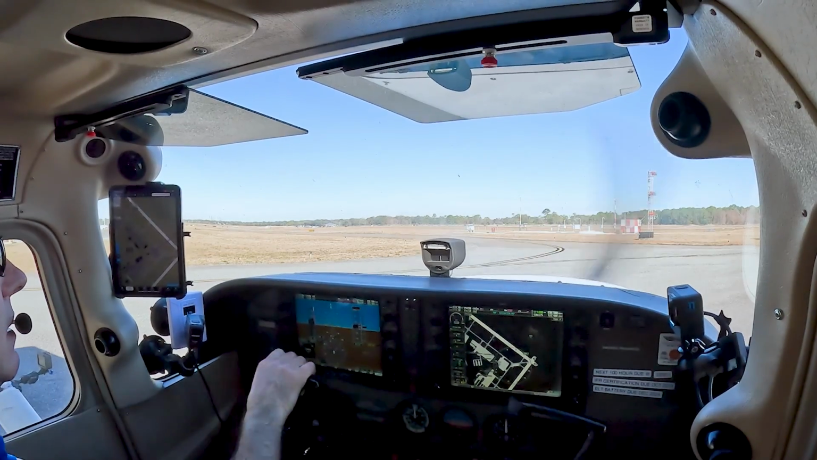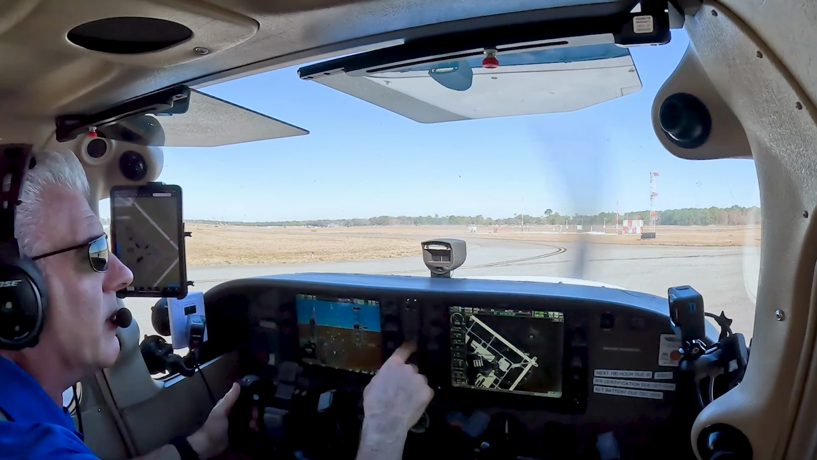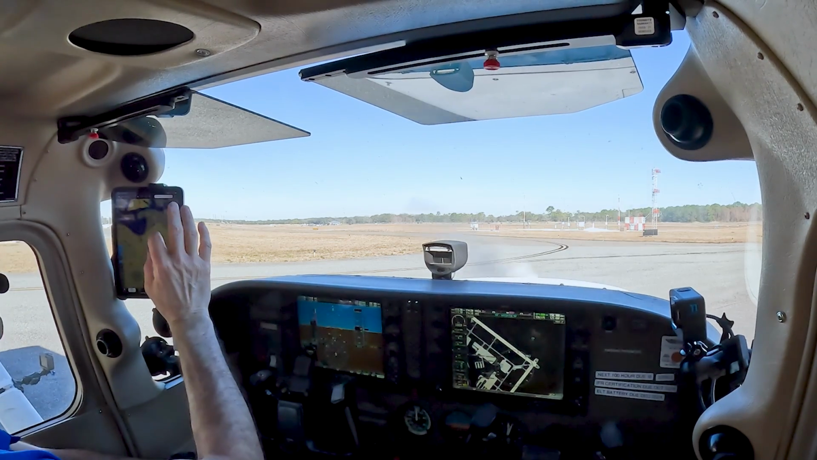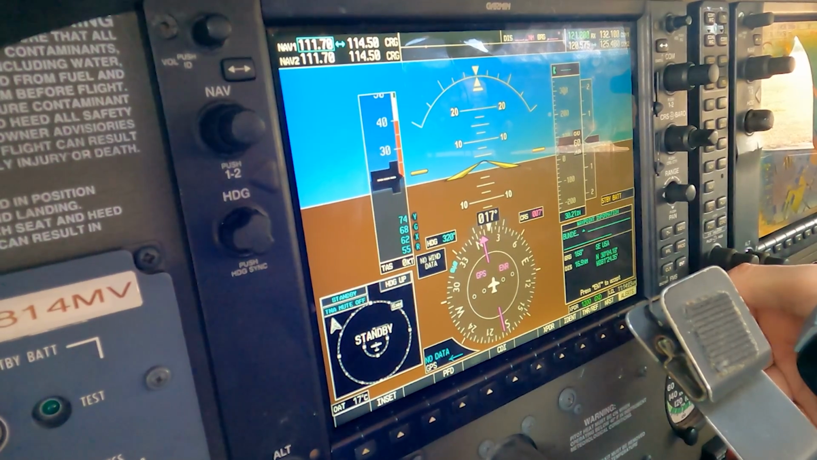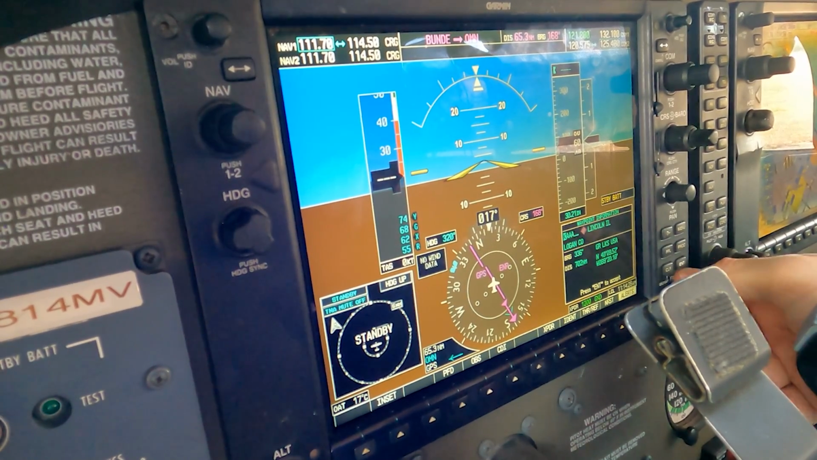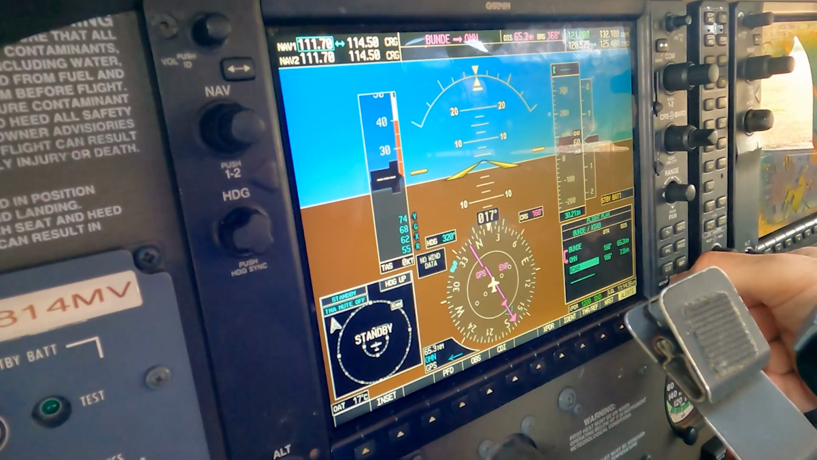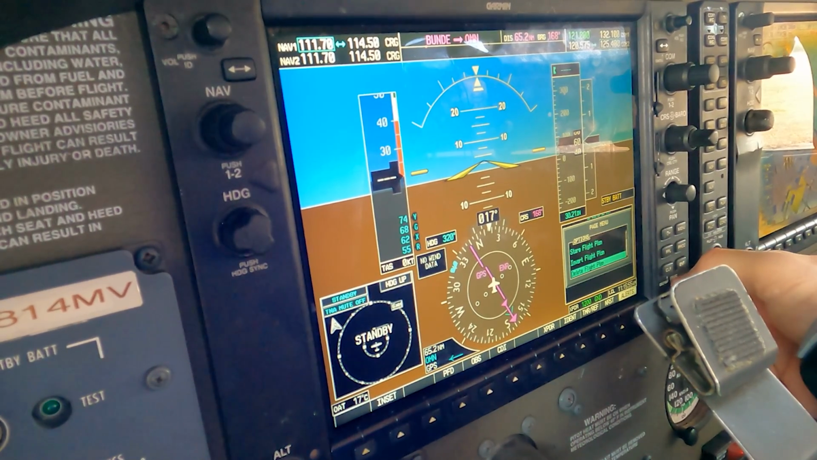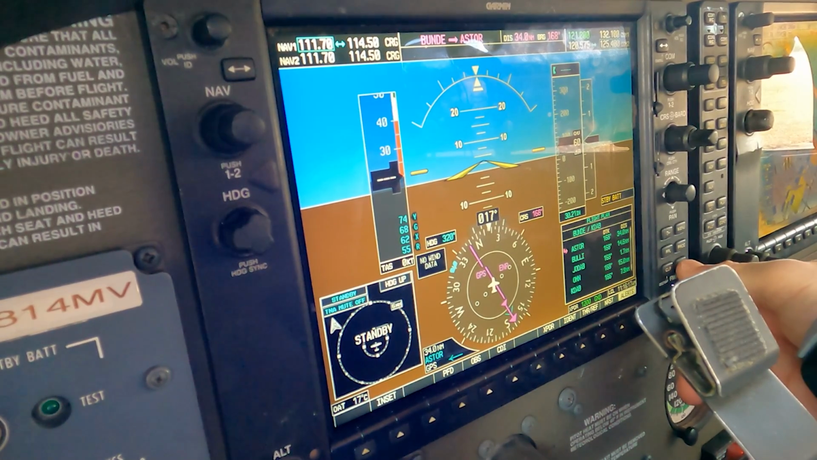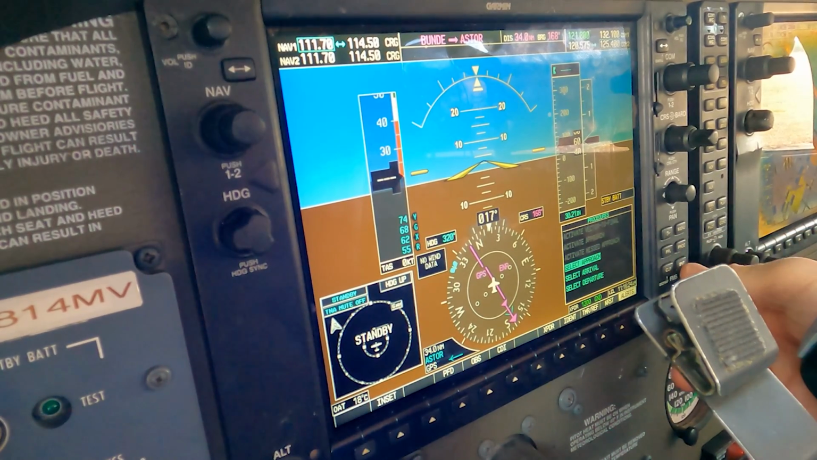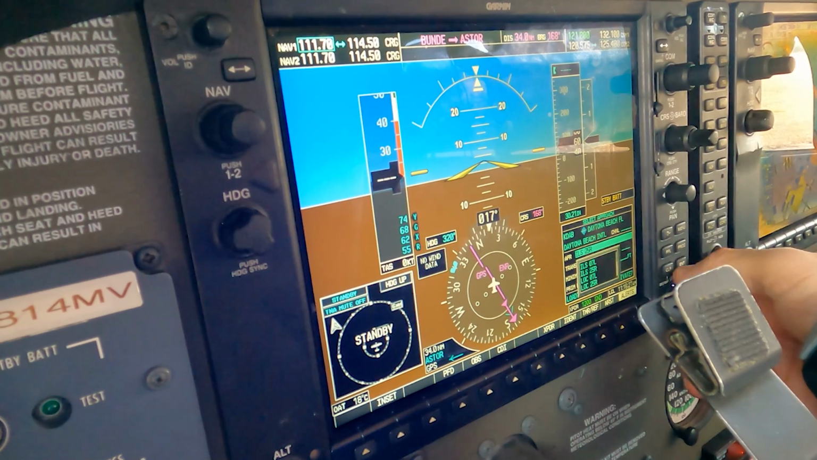Controls. Instruments. We'll come back to the GPS in a moment. Okay, let's get our plan set in. So we're going to go to Bund. Load airway. Enter. Approach. There's a good chance we're doing